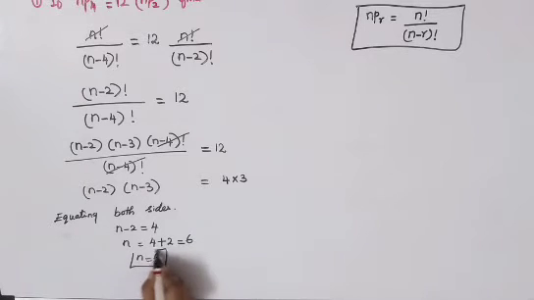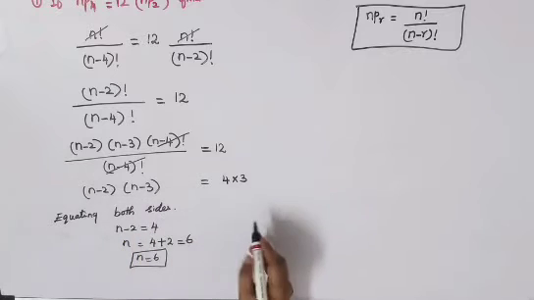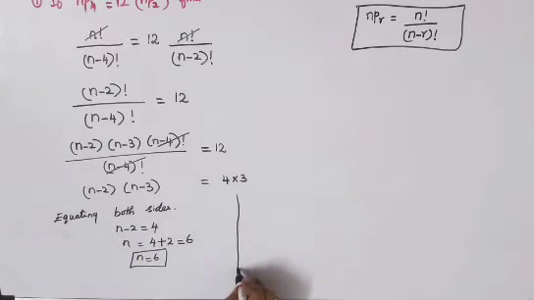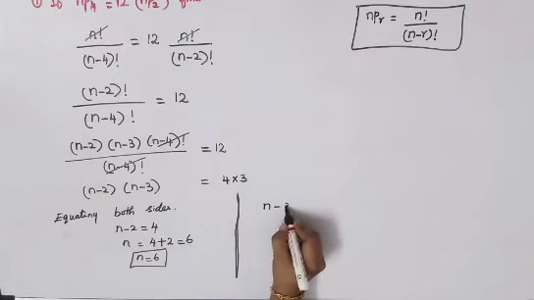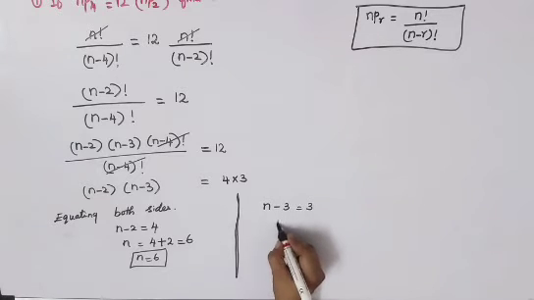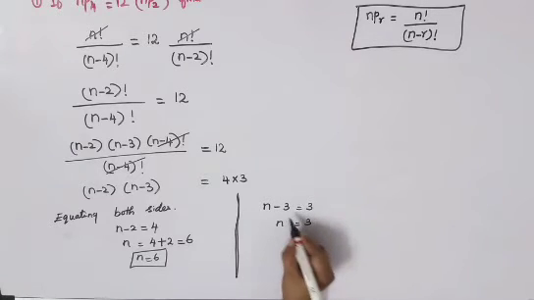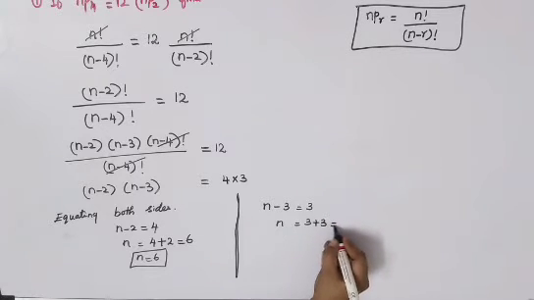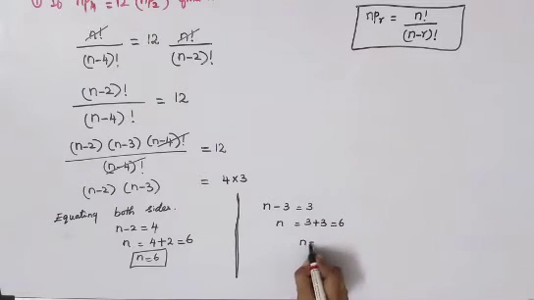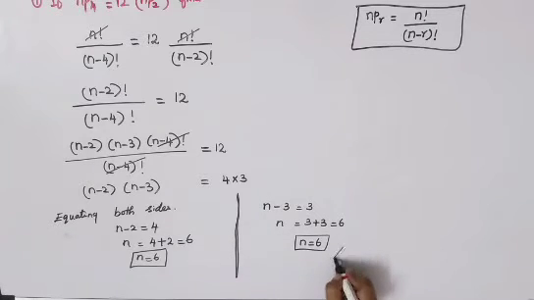This is using your first part. Now using your second part also you can do it, but in your examination or in your classwork, writing once is enough. So I just wanted to show you all: n minus 3 is equal to 3. Again this minus 3, if you bring it towards your right hand side, it will become plus 3. So that is equal to 6. So n is equal to 6. Anything you can take in these two terms, so that you will get your answer, n is equal to 6. So this is the answer for your first question.